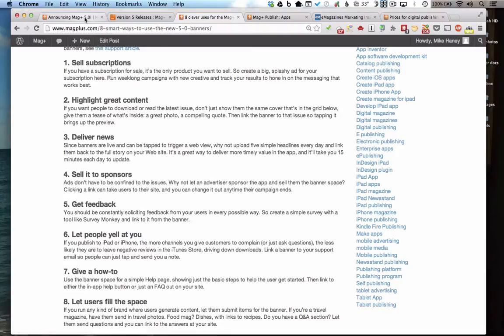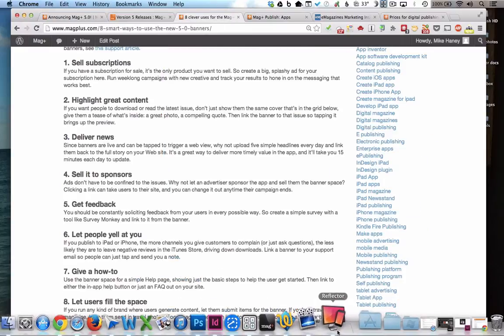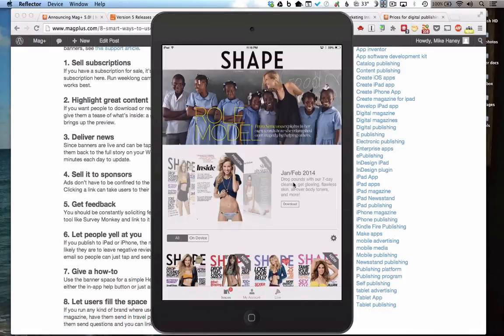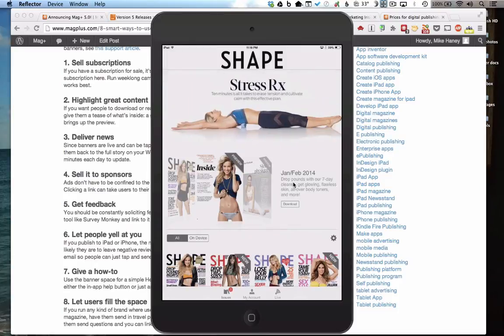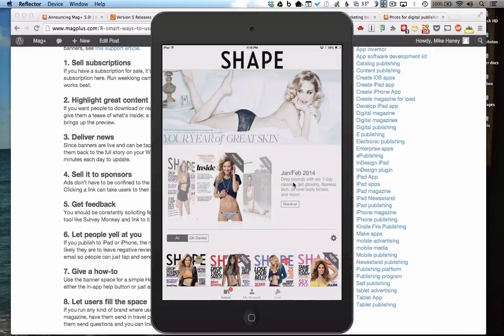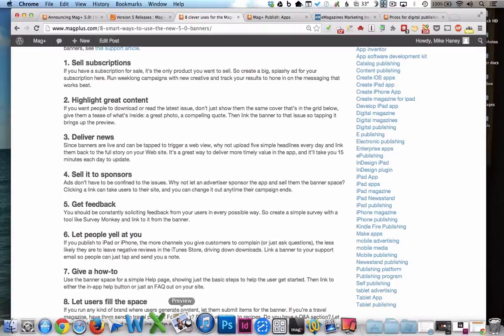And one of the great things that we've done with the new 5.0, sorry, let me click to the right spot, here we go. With the new 5.0 banners is that these banners can now be tappable so that I can tap them to initiate an actual purchase. So whether that's a subscription or a single issue, these can be tapped to initiate a purchase. So that's a great way to sell subscriptions in this space,